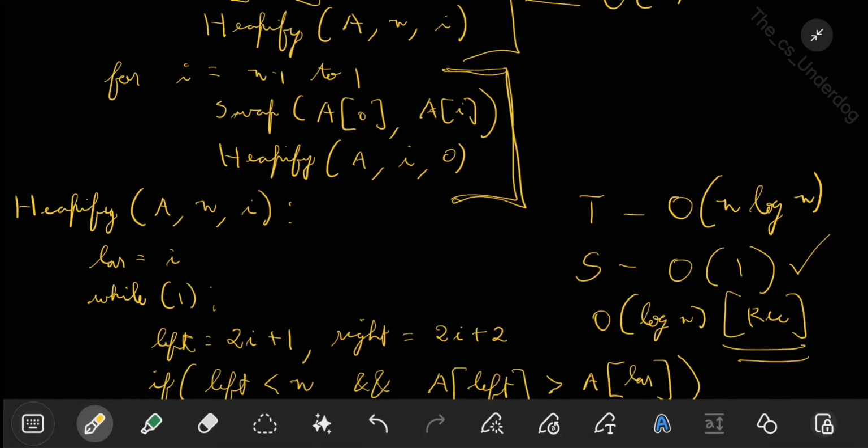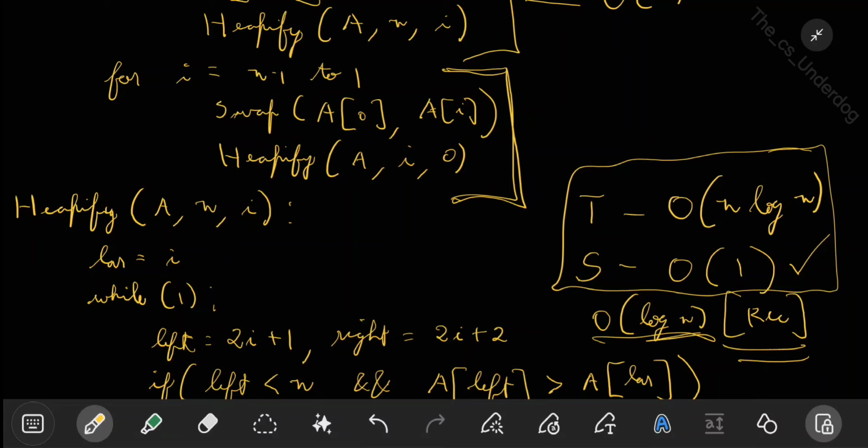So for heap sort, time complexity is order of n log n, space complexity is order of 1 considering iteration, and order of log n if you are using recursion. Next thing is, is this a stable sort, and is it in place? First thing is, it is an in place algorithm. Heap